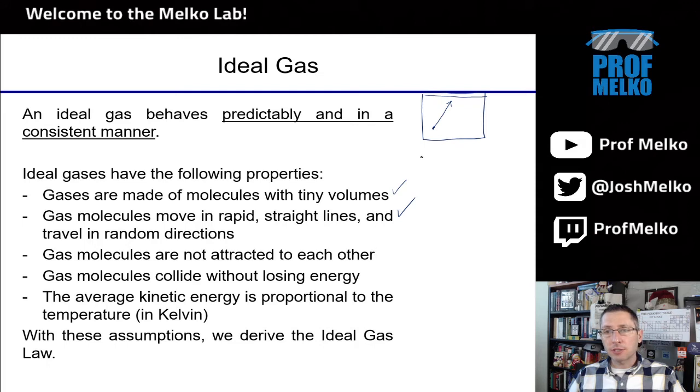We're going to assume they're not attracted to each other, right? So if they do collide, they collide without losing energy. They're not making new compounds, right? So when this molecule is moving in a straight line and meets up with another molecule moving in a straight line, they go whizzing off after the collision in certain predictable directions, right? As they bang into each other. Okay, and we're assuming they're not losing any energy. It's not like they're rearranging their electrons as a result or getting excited in any other way. They're just colliding and continue to move in these different straight lines.